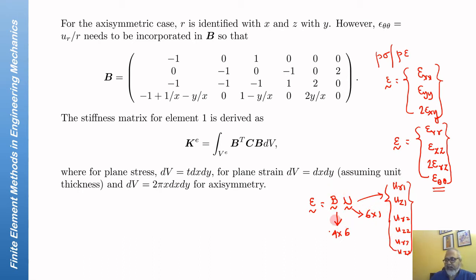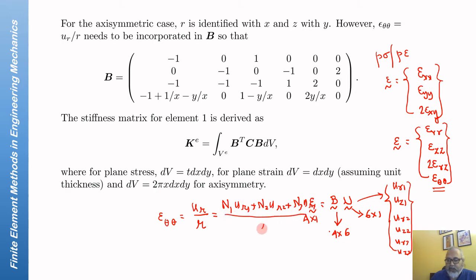B would relate that to the strains. There are 4 strains, therefore this is 4 cross 1, so you would need a 4 cross 6 B matrix. The last row of the B matrix corresponds to the epsilon theta theta strain. Now if you remember your axisymmetric coordinates, for axisymmetry, when things are independent of the theta direction, epsilon theta theta is simply UR by R, and UR we have written as N1 UR1 plus N2 UR2 plus N3 UR3